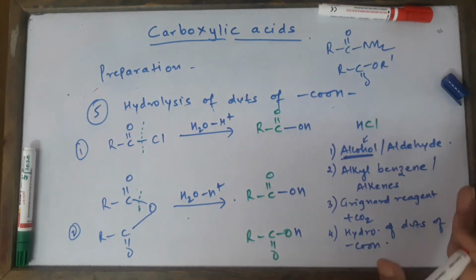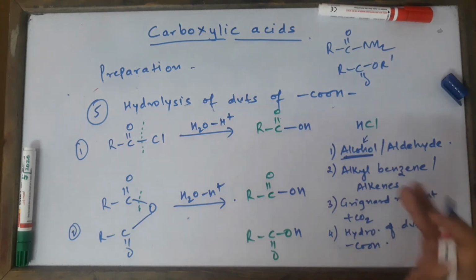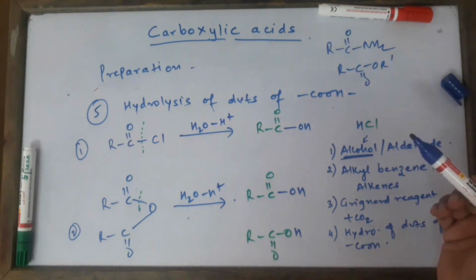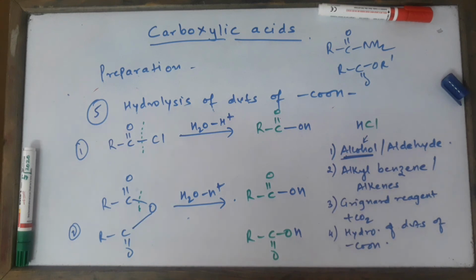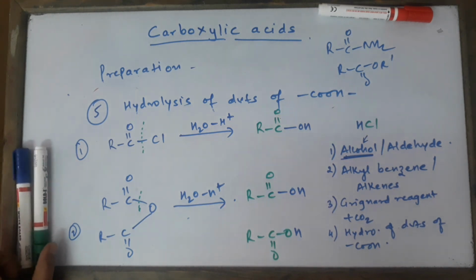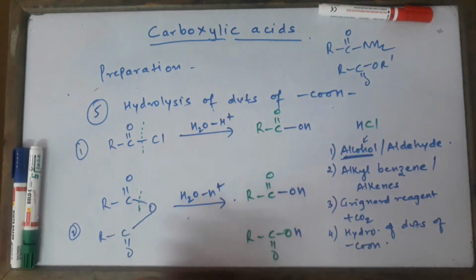So these are the methods. I think I've discussed this also. So these are the methods of preparation of carboxylic acids, children, and we have finished today. The reactions of carboxylic acids, which are again very simple, will be starting in the next video. So please revise the entire topic, children. This chapter is extremely important for your board exam. It used to carry a weightage of around 5 marks previously, but now the weightage might have increased because some chapters are removed in this exam